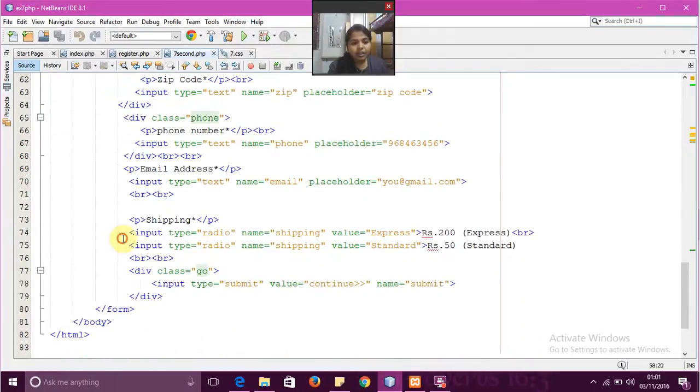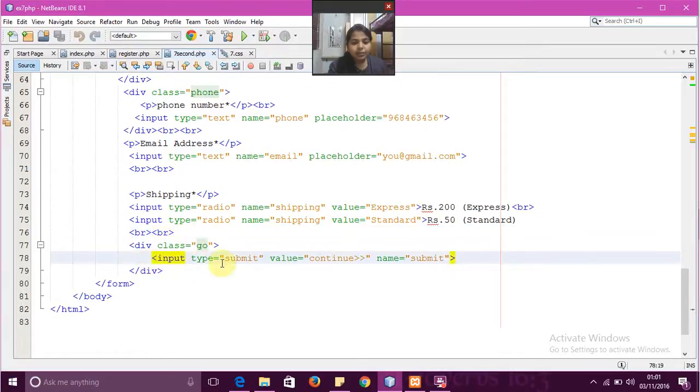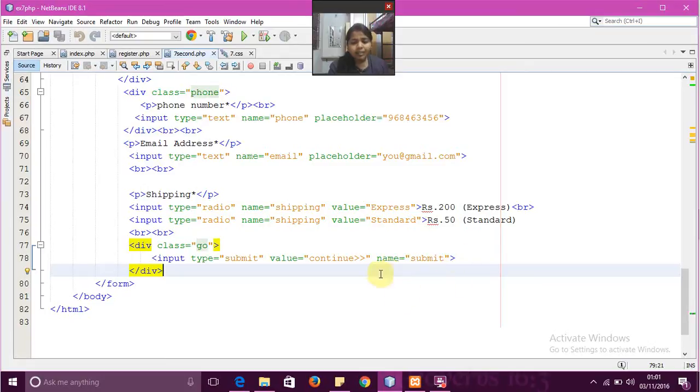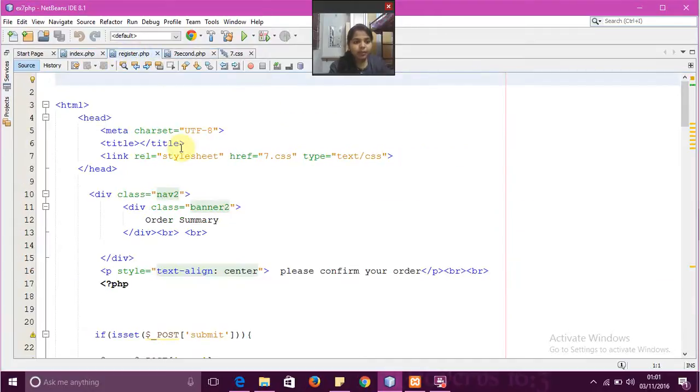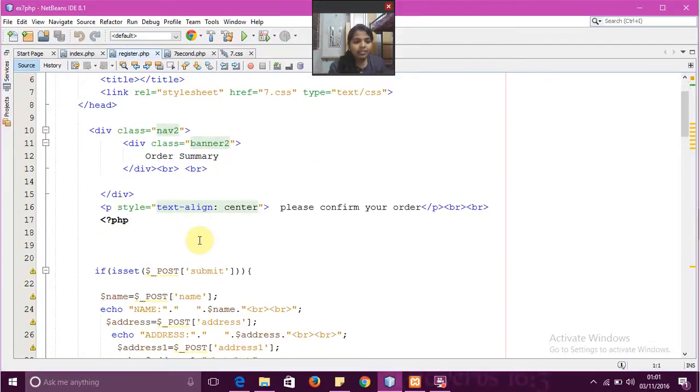I just gave the input radio box where you can choose the standard one or the express one, and select which one you want. So I just used radio buttons, and at last I gave input type submit with value continue. The name is submit. So when you press continue, it goes to register.php. It goes to register.php where I created the order summary as a main heading,